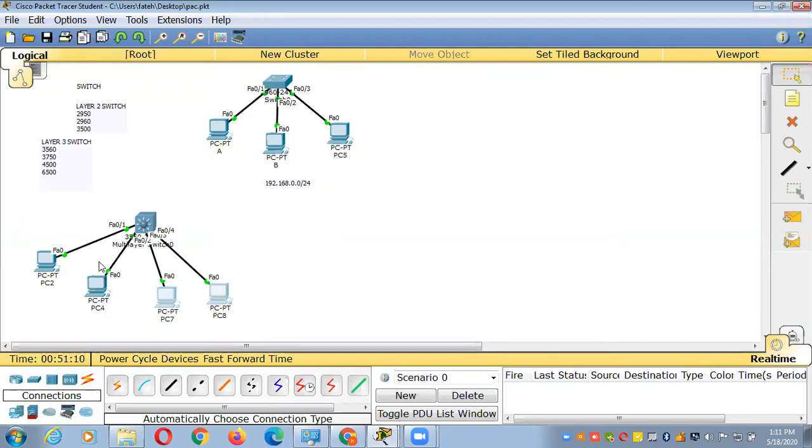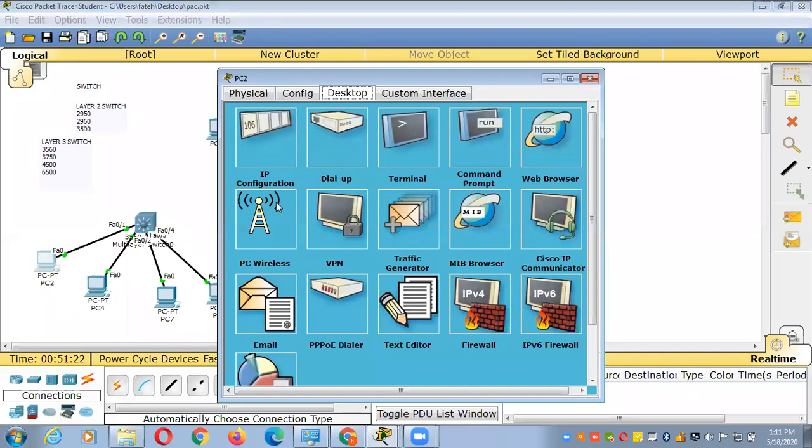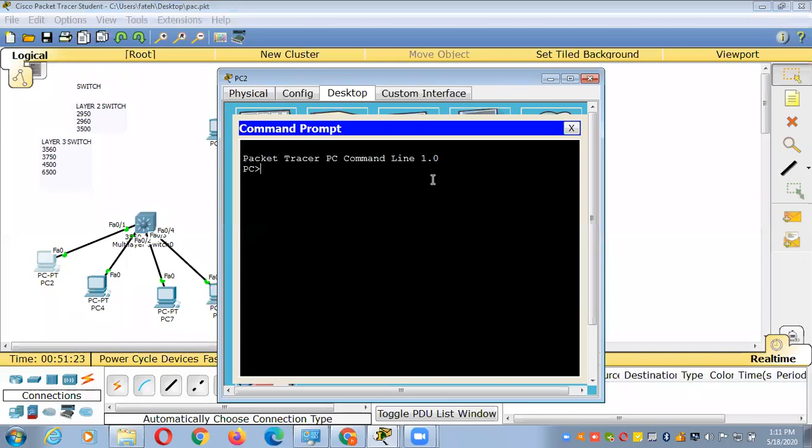So brother, if a computer of VLAN 10 is trying to communicate with a VLAN 20 computer, whether this computer will respond or not, I'm going to check here. I will ping 192.168.1.2.